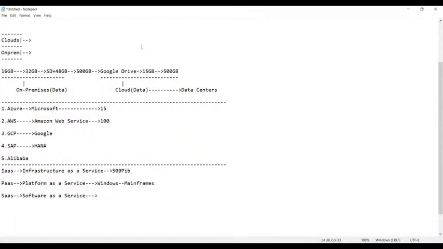Simply, we need to pay the cost. Cost is mandatory, so you have to pay the cost for that. And this billing will be done on a monthly basis, hourly basis, weekly basis, or daily basis, based on your comfort. That means you pay more, you get more services. You pay less, you get the basic services. That's the only concept.